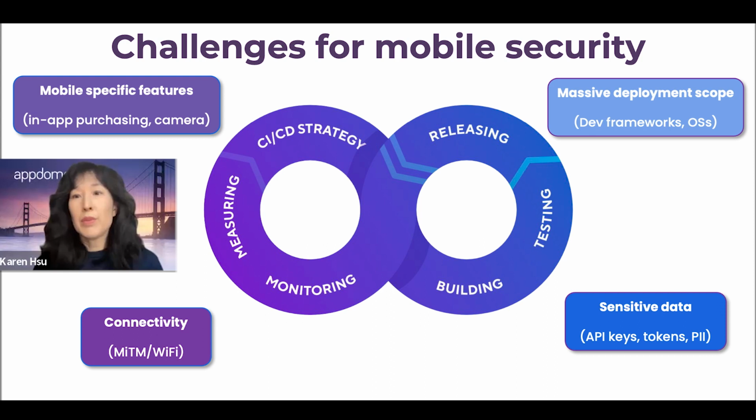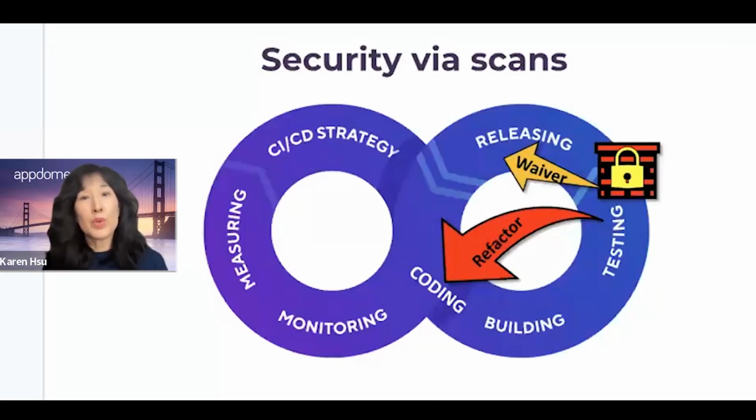So mobile developers have a challenge protecting a lot of features within the app, and also in addition to the features, protecting the sensitive data in the app, whether it's API keys, tokens, or other personally identifiable information. So there are a lot of challenges that then become exposed or exacerbated in the DevOps process. So let's look at where these challenges are specifically and the conflict points that are created, starting with security